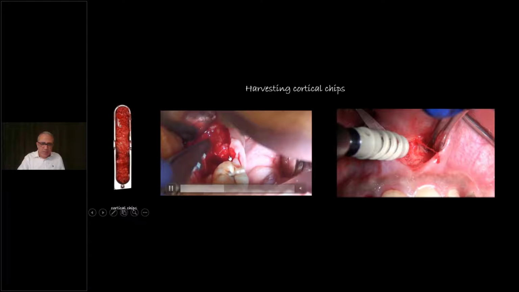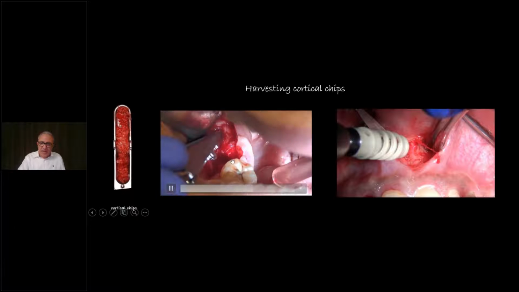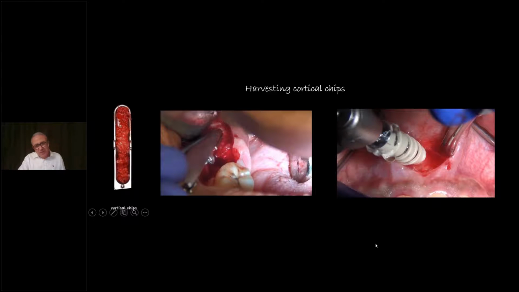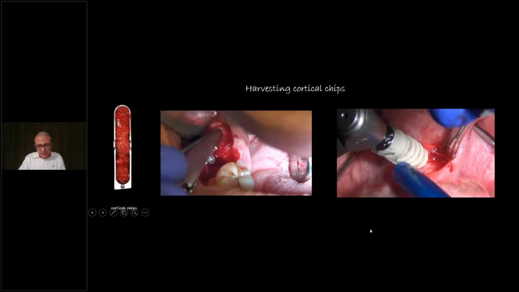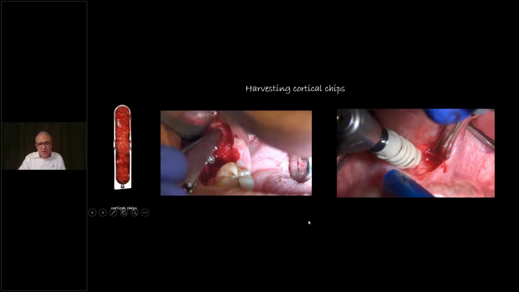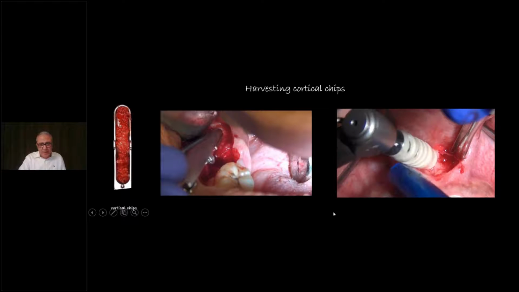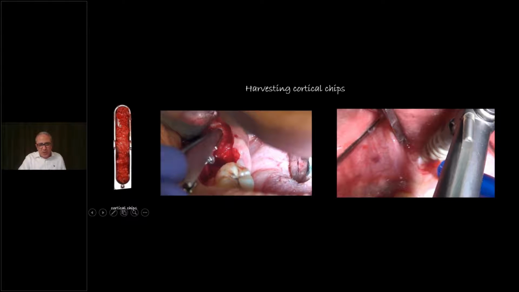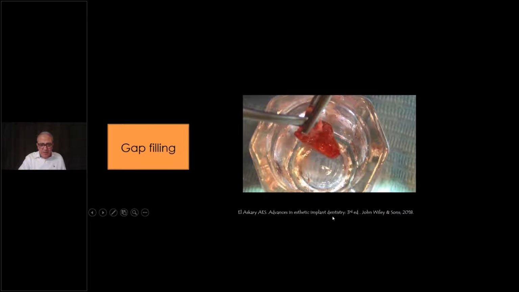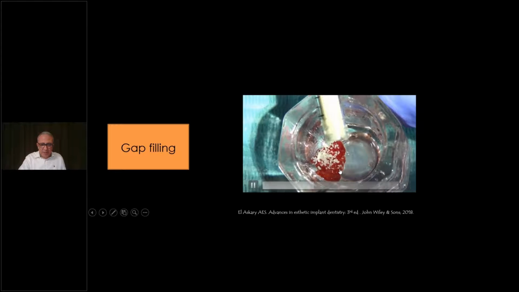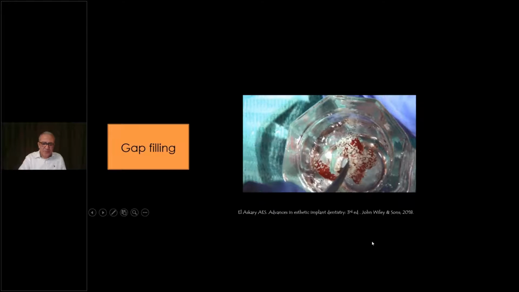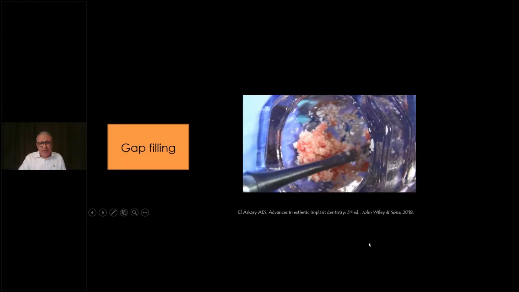I just go to any place to harvest the chips, or even the nasal spine. The chips are really important in order to maintain your osteogenic graft capacity. And here is what we do. Simply, we put the 75% chips along with the deproteinized bovine bone. This is what I use all the time, and I fill the socket with it.